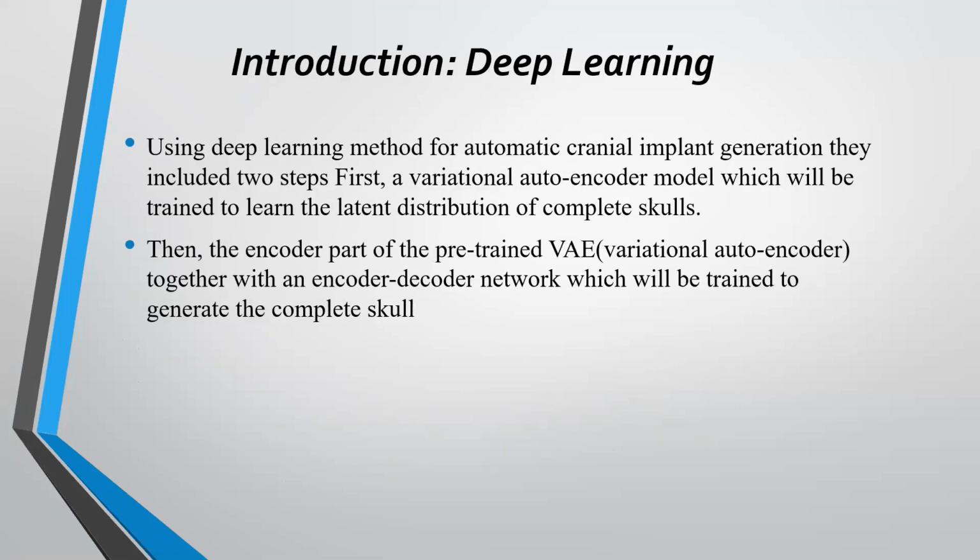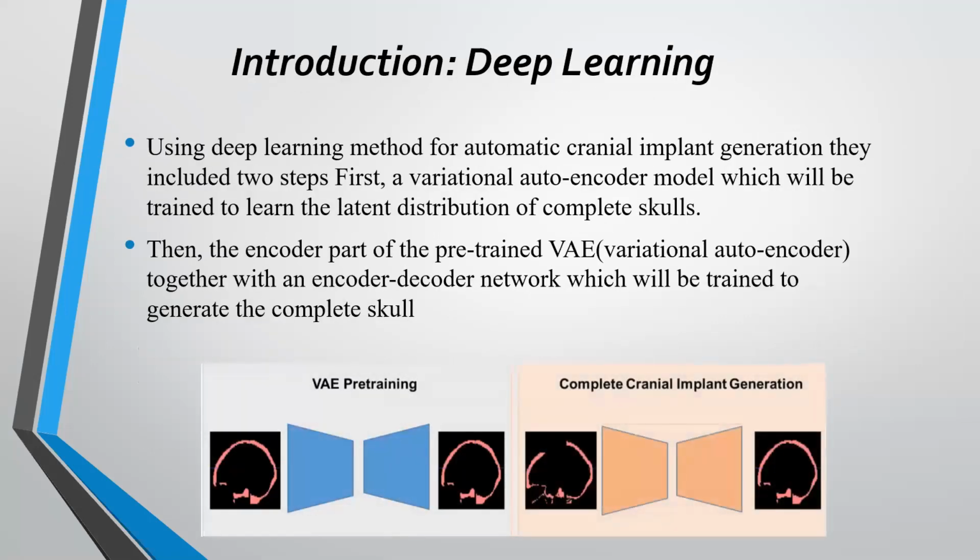So let's see how deep learning is used in corneal implant design. Mainly it is used to generate the implant design automatically. This includes mainly two steps. In an autoencoder, two parts are used, that is the encoder and the decoder. The encoder learns how to interpret the input and compress it into an internal representation defined by the bottleneck layer. The decoder takes the output of the encoder and attempts to recreate the input.